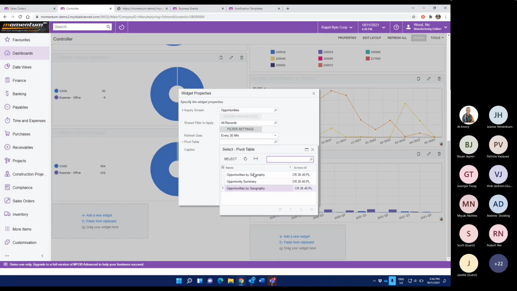So for that screen, we've got three different pivots, the opportunity summary, which I just showed you, and there's also the opportunities by geography.